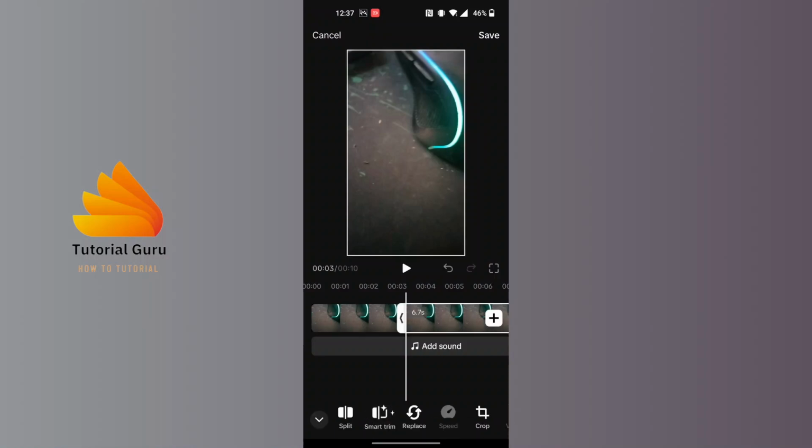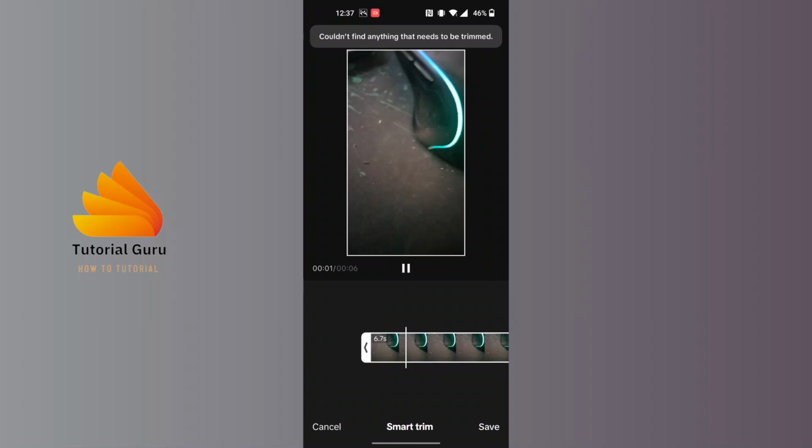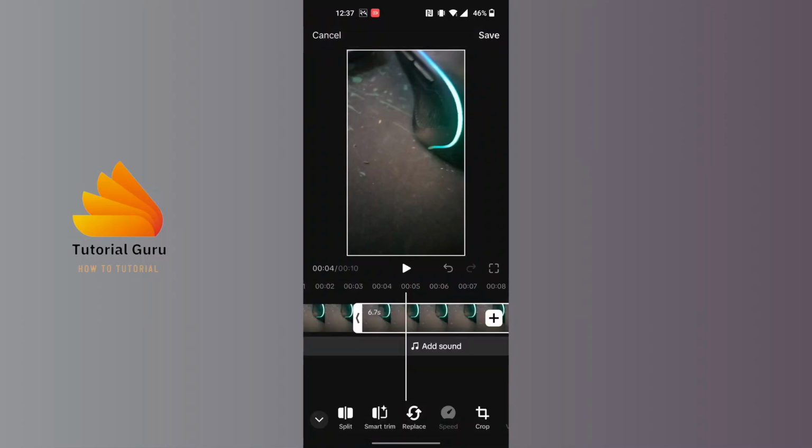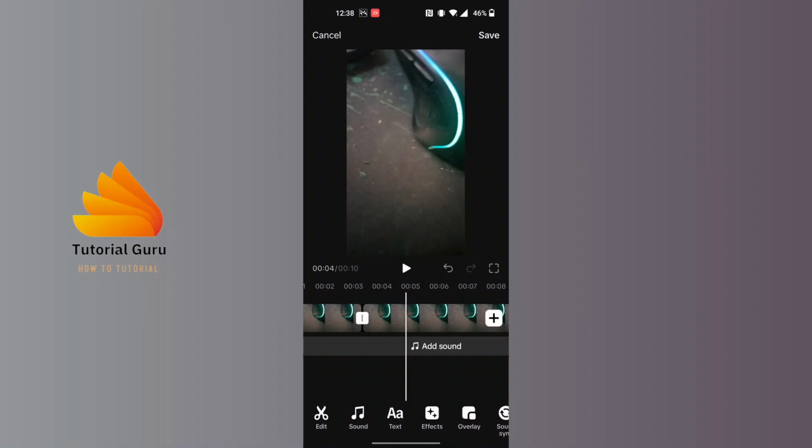You can cut it, you can split it guys, you can crop it. You can see there are the crop option available for us, rotate option. You can delete this and put another one over here also, and you can also replace that. You can smart trim it, you can do a lot of trimming over here. Let's tap on save, and after doing these edits on your TikTok, and you can see you can add your